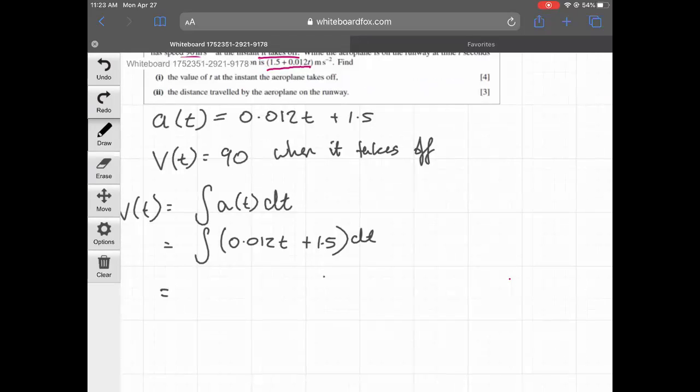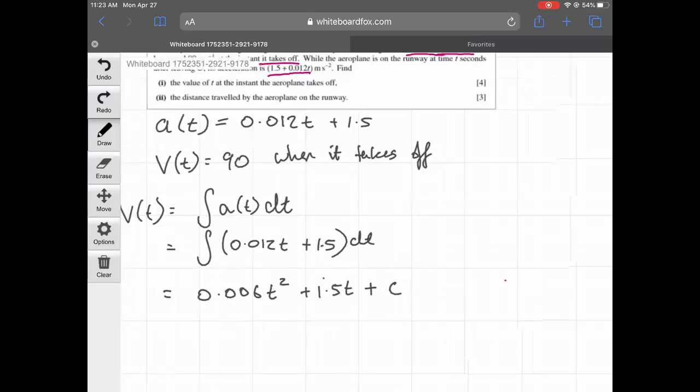So we integrate 0.012t with respect to t. t goes to t squared, and we divide by the 2, so it becomes 0.006t² + 1.5t + c. I have a constant of integration. It's an indefinite integral. I didn't integrate between any two velocities,